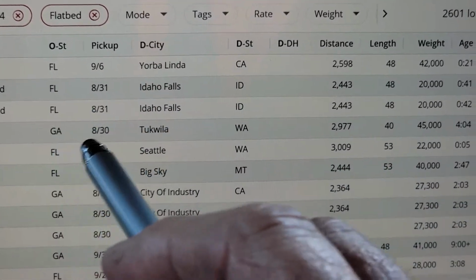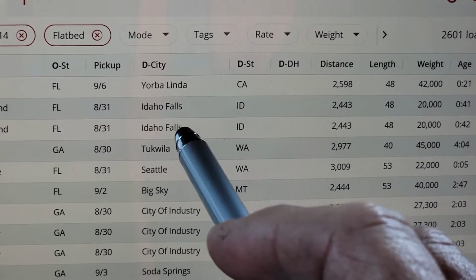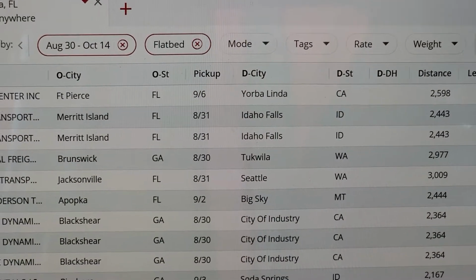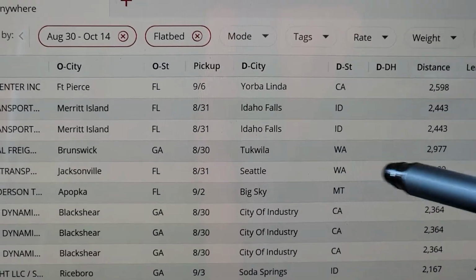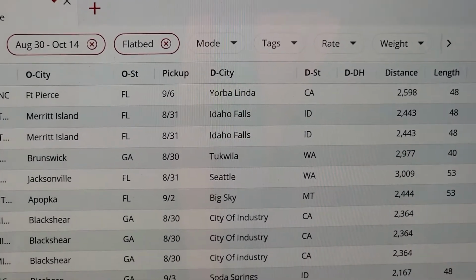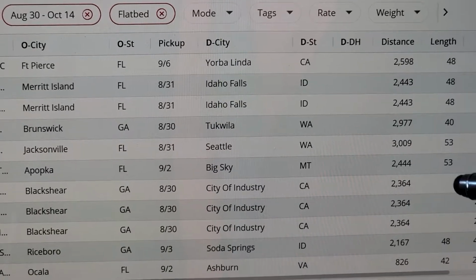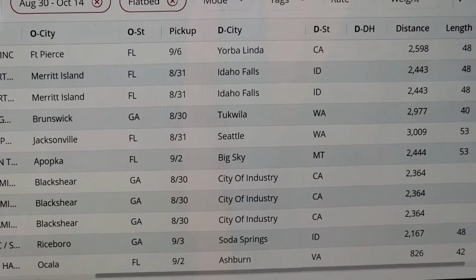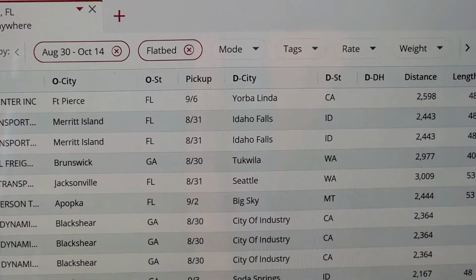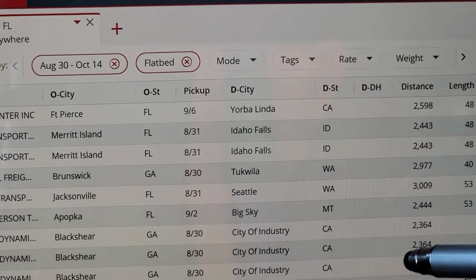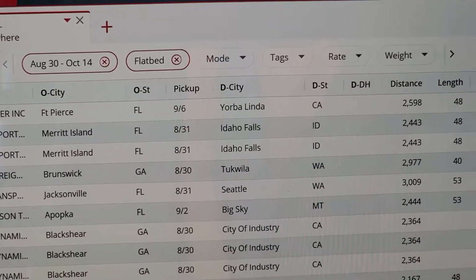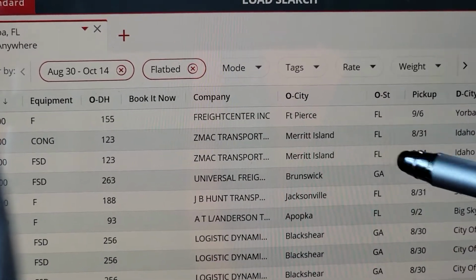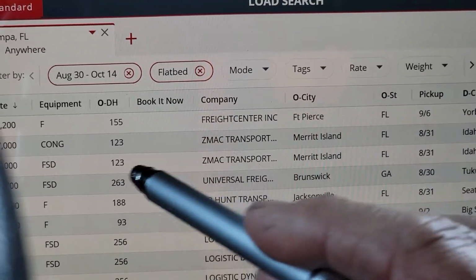Really not so cool. Now there's an Idaho Falls, but as many of you are aware, I'm not going to be going to Idaho anymore, unless it pays for the deadhead out of there, because the last two times I went there, I had a deadhead of over 1,000 miles back east. Now the loads that I get out of Nashville that go to Reno, those are firing back up, and I may or may not start hauling those.